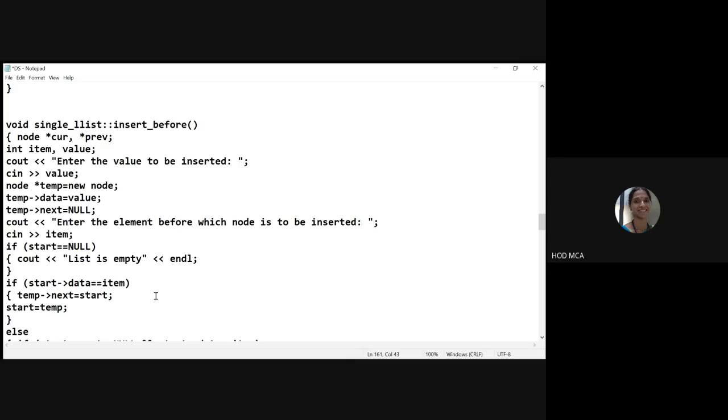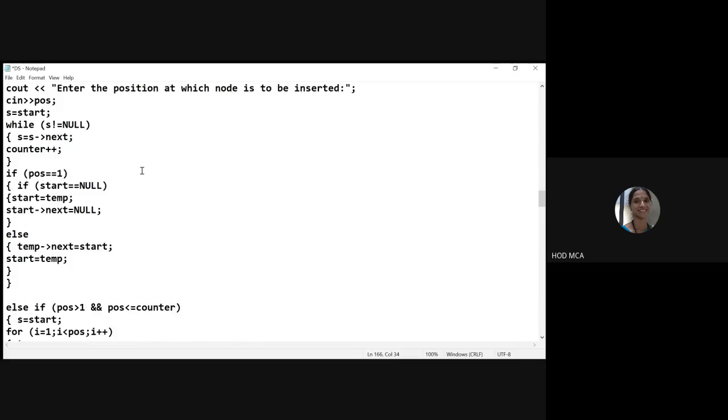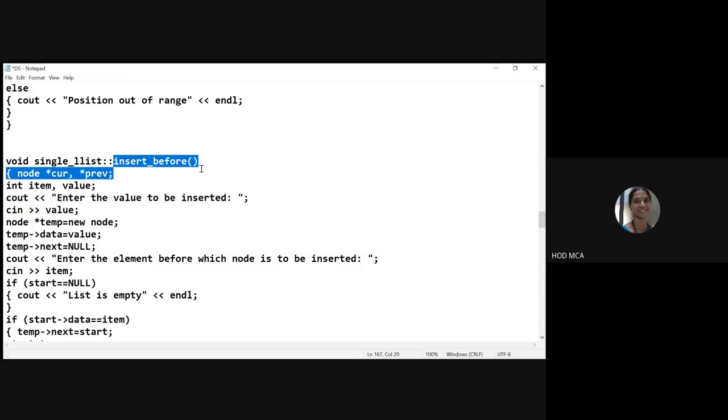All right. So next, let us see how do we insert before an element. Before an element means, suppose I have inserted, let us say 5, 12, 15, 20. These are all my nodes, elements, values of that particular node. So I want to insert before 12, something like that. Position is different. Inserting before an element is different.